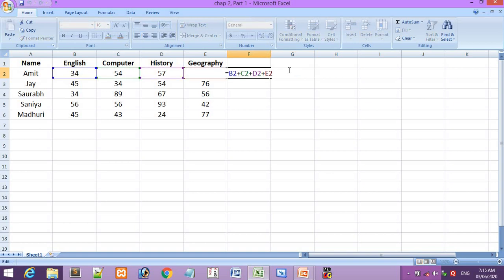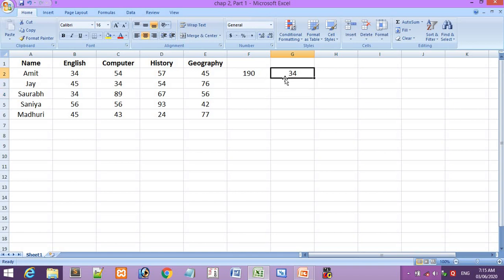Okay, now here I am doing addition using the equal to sign, and after the equal to sign I am giving the numbers and using the shift key I am giving the addition sign. And how much marks did he get in history? 57. And how much in geography? 45.